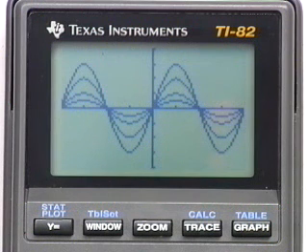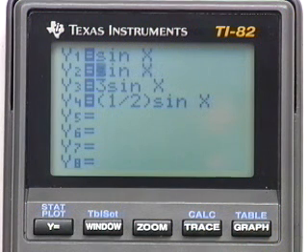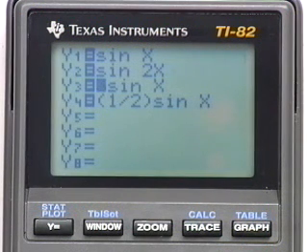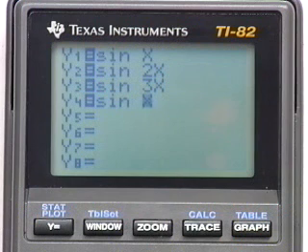Next, what I want to do is go back and change another coefficient. This time let's go back to my y variables, and I'm going to change this to y equals sine of 2x. And then I'll go down to my next one, I'll delete that coefficient, and I'm going to change this to y equal the sine of 3x. And then I'll go down again and delete this coefficient. And did I get it all? No. And then go over here and graph y equals 1/2